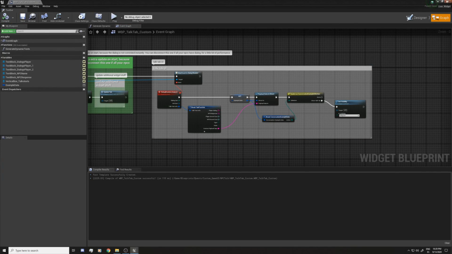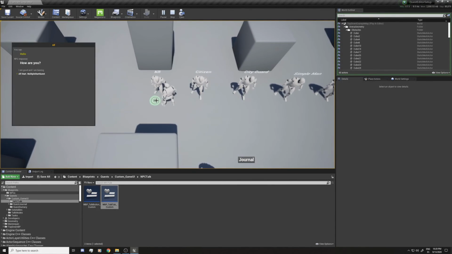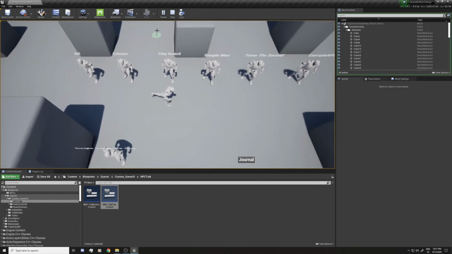So let's test it. So now if I select the dialog, it should close the UI. I'm gonna close it, talk, and there you go. We did something with the talk mode in the game UI. It's cool for a lot of things like opening trade, opening travel tabs, changing the camera, changing the NPC motions, or something more gameplay related. Depending on your game, you surely will find some ideas.